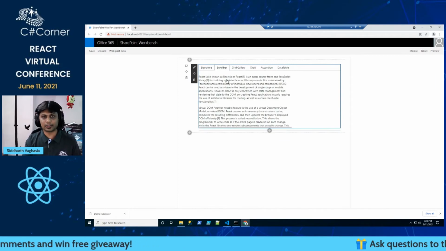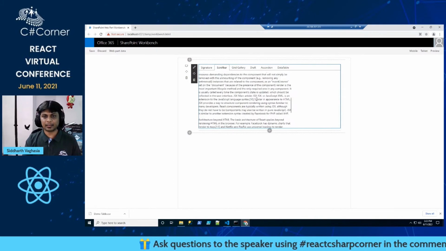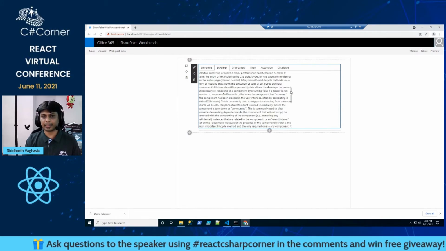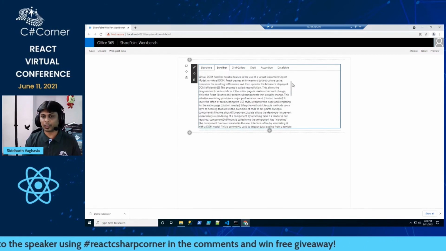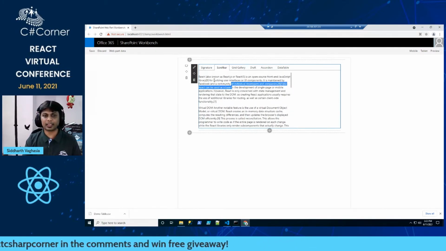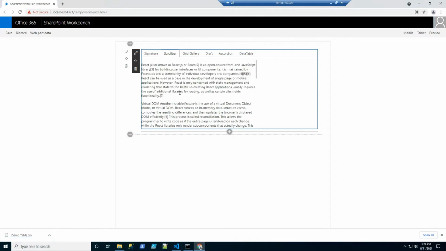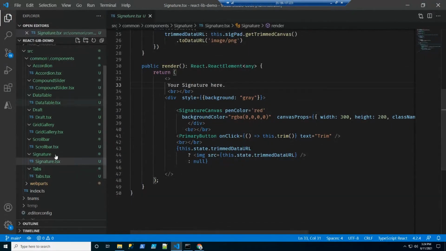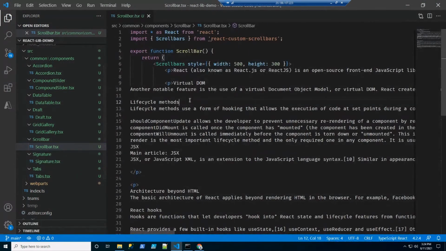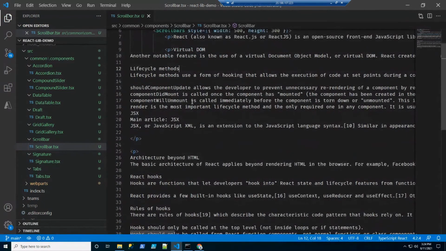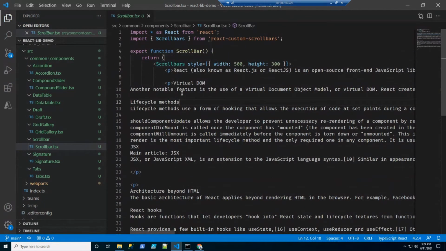If I click on scroll bar, you see the second component which I have loaded as part of the tab, and this is how the scroll bar looks. It's pretty good in terms of how the out of the box scroll bar looks. If we create this type of component on different pages, the space can be utilized more efficiently. So this is the scroll bar component. Let's quickly see how we can use this. I have a scroll bar component here, and I'll minimize it a little bit, but it is very easy to use.